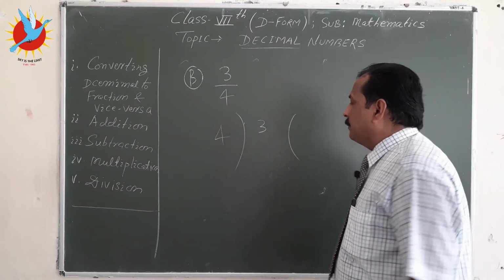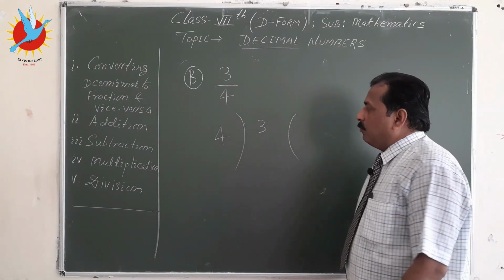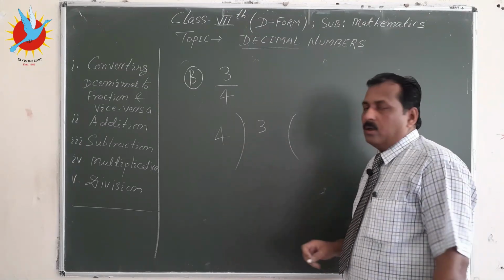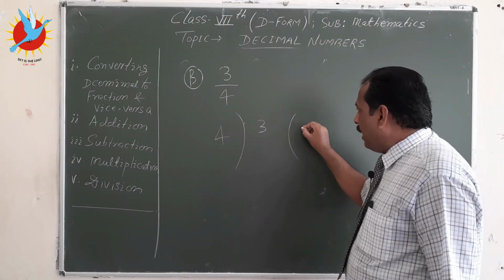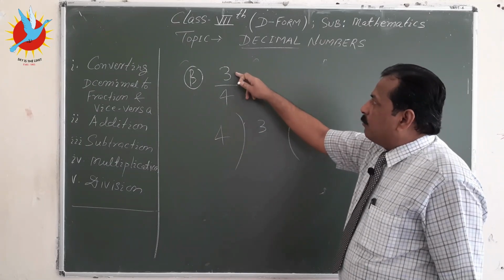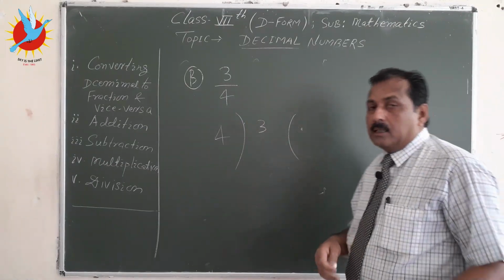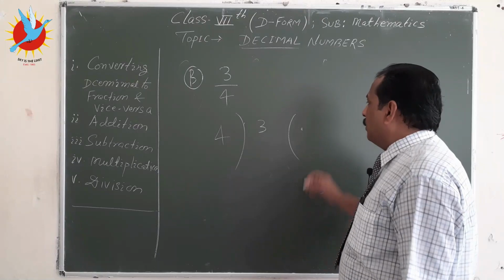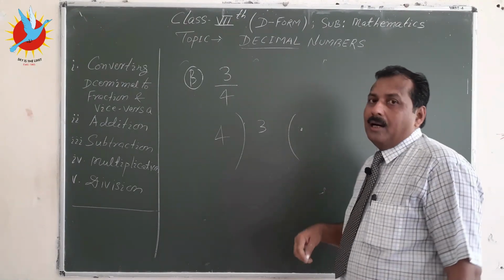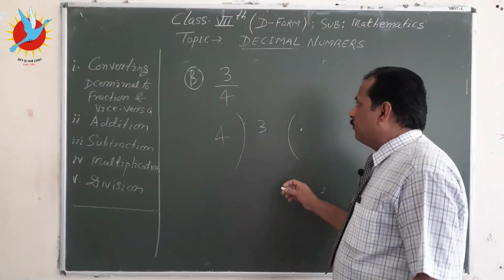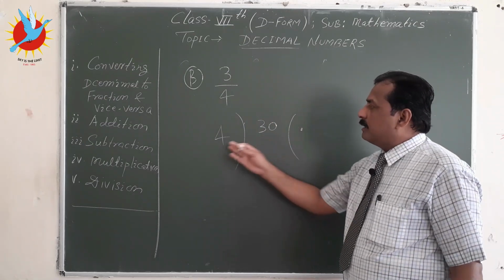So it is a simple division, and learn the rule. This 3 is less than 4, which means we cannot divide 3 by 4. So the rule says that we have to put one decimal, because this number is already less than 1. So only the fractional part will be there. There will be no whole number part. So it will start with the decimal. As soon as we put the decimal, by rule, we get 1 zero. So we can place 1 zero. Now this is 30 and this is 4.